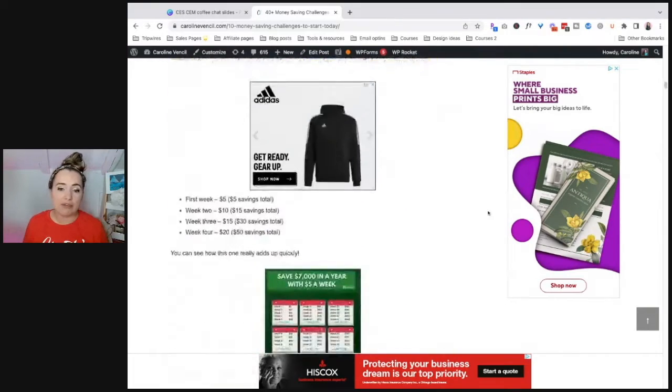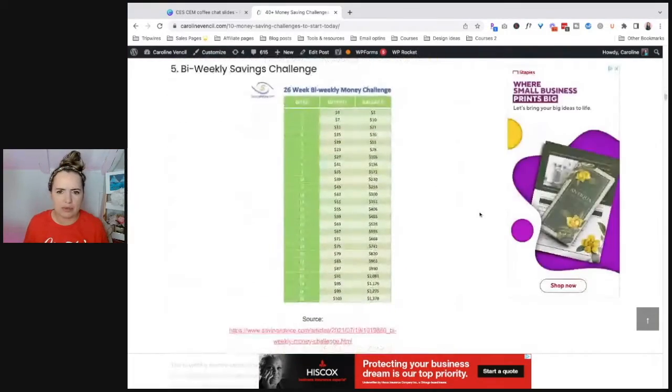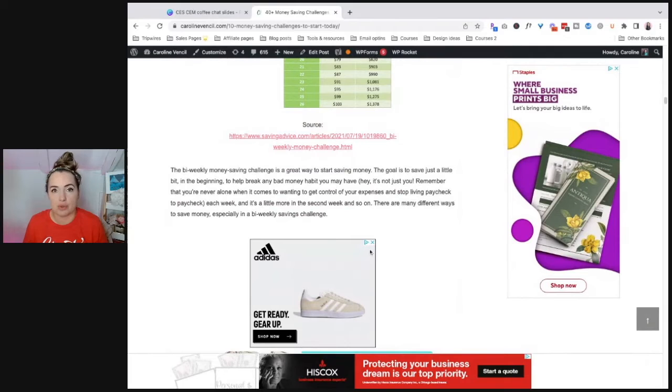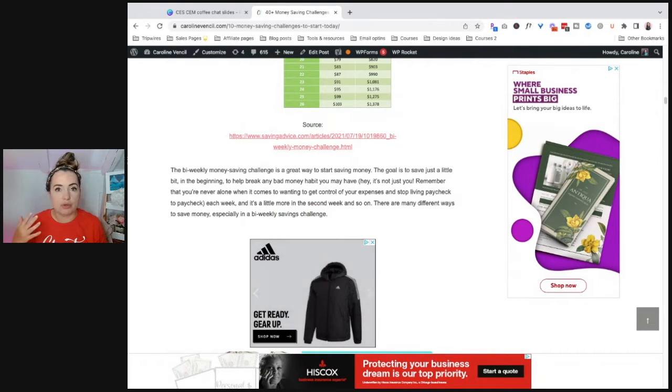But if it does make you feel more comfortable, you can absolutely reach out to them directly. You don't have to just source them from Pinterest or Google. Or you could go to the Roundup Facebook groups. There are a few different Roundup Facebook groups where people are specifically looking for contributors for roundup posts. Like you say, in search of money-saving challenges. That's what I would say for this post: in search of money-saving challenges, due by the end of the month.